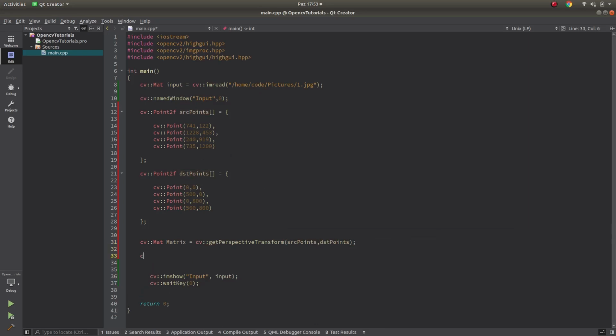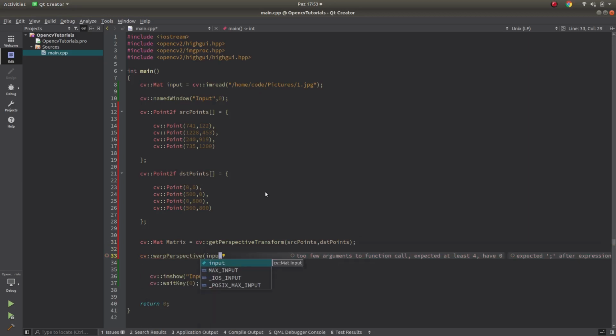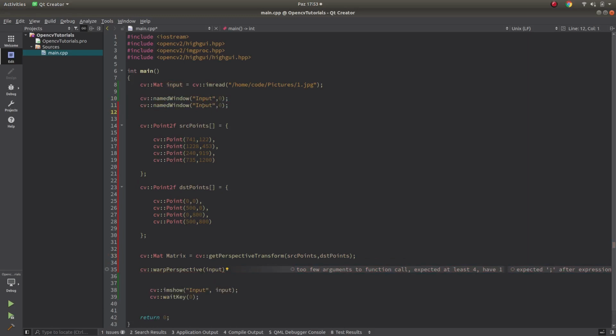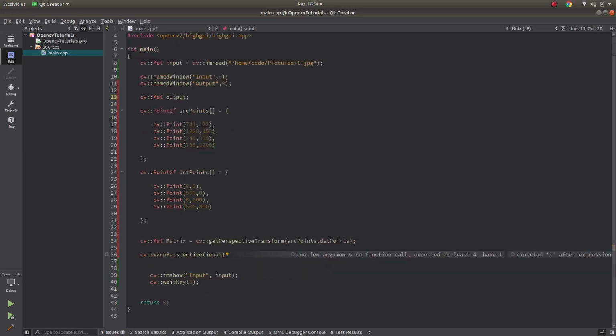Now we will call warpPerspective. Input array is input. Where is the output? Let's also define an output window, because our image is a little bigger. Let's define the output matrix and also show it.